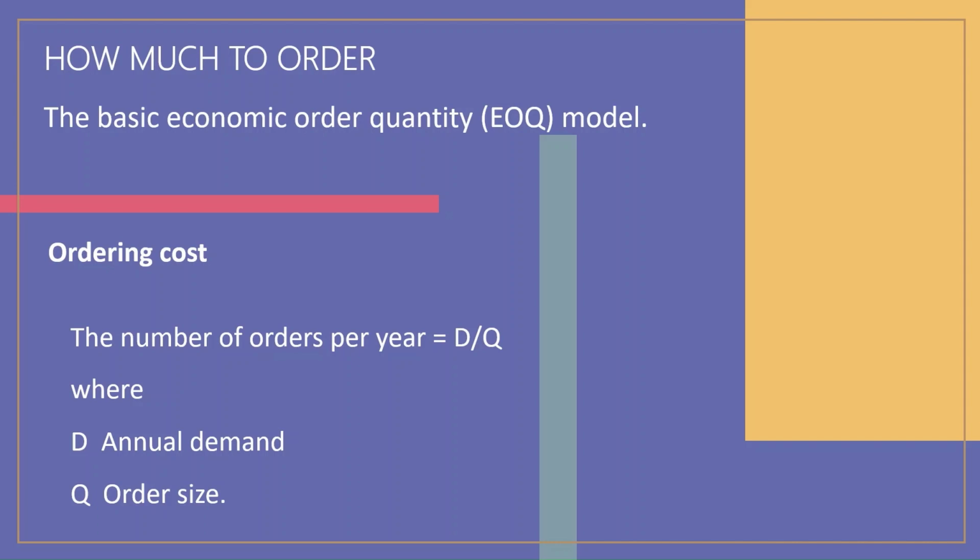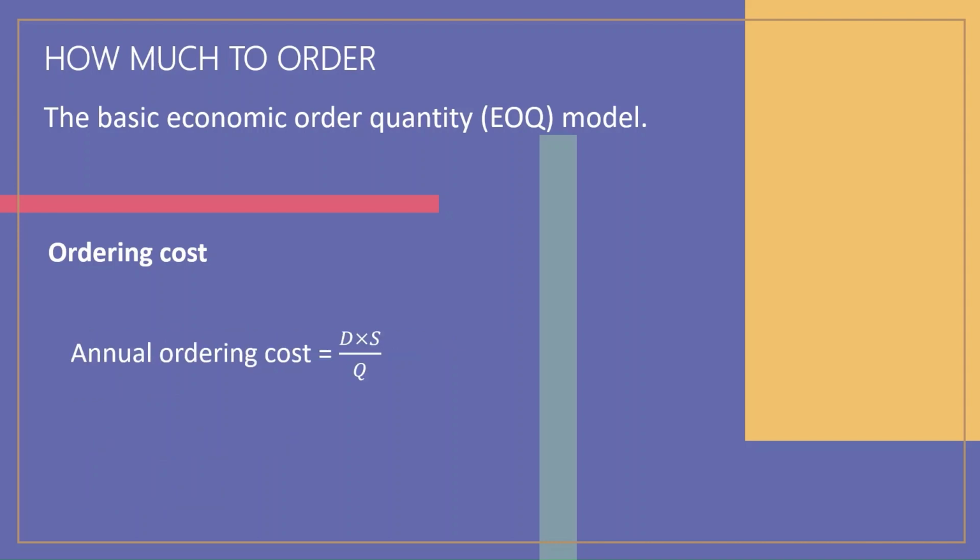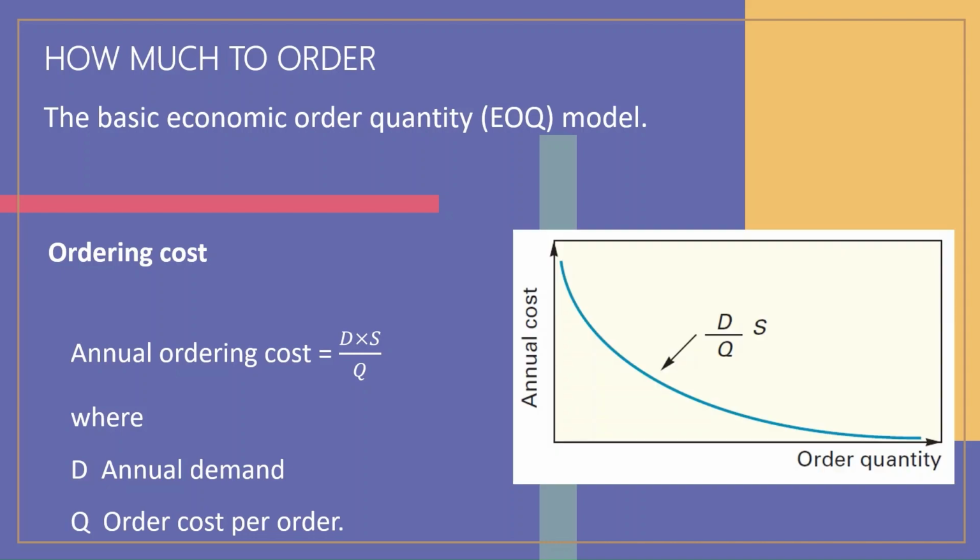Because the ordering cost is treated as a constant, annual ordering cost is a function of the number of orders per year and the ordering cost per order. So, the annual ordering cost equals D multiplied by S divided by Q, where D is the demand, usually in units per year, and S is the ordering cost per order. Because the number of orders per year, D divided by Q, decreases as Q increases, annual ordering cost is inversely